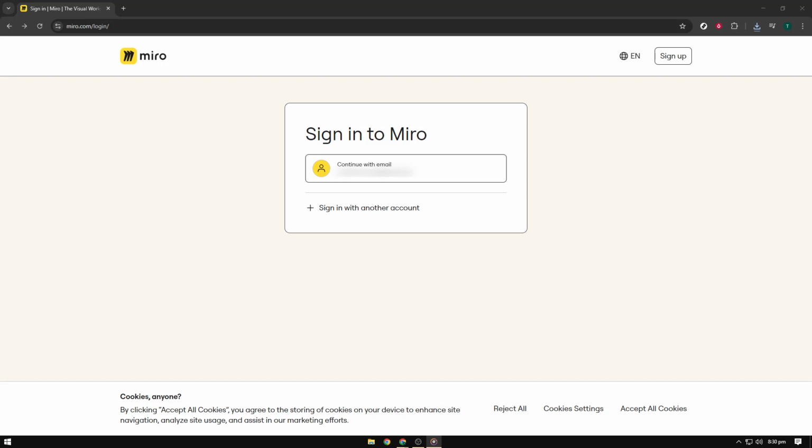In today's video, I'm going to teach you how to create a swim lane diagram in Miro. This step-by-step guide will walk you through the process, making it simple and straightforward even if you're new to Miro. Let's dive right in. First, you need to open your web browser and navigate to Miro's website by going to